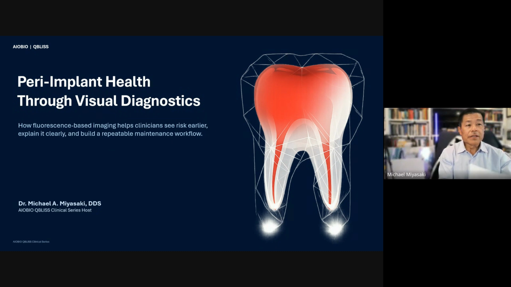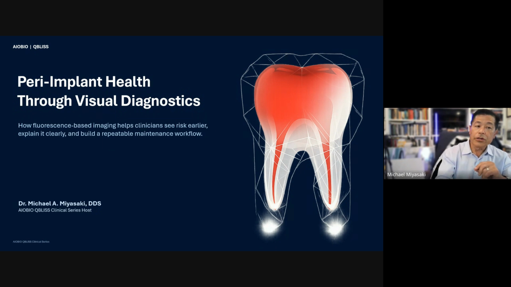Well, thank you everybody for attending today's program, and we're going to focus on peri-implant health through the visual diagnostics of using the QBLISS equipment. And I really want this to focus on live clinical situations, how we integrate it, the workflows that we use in our office to actually prevent peri-implant disease. So we're going to talk about using the QBLISS, the fluorescence-based imaging, and how that helps us to